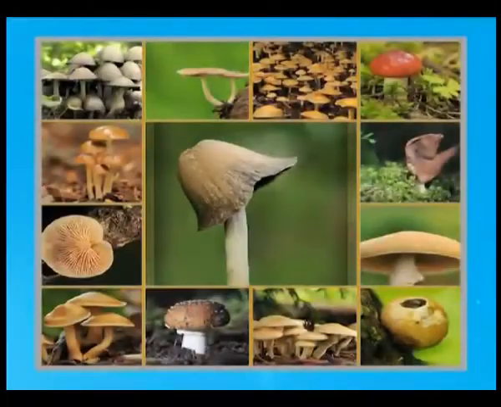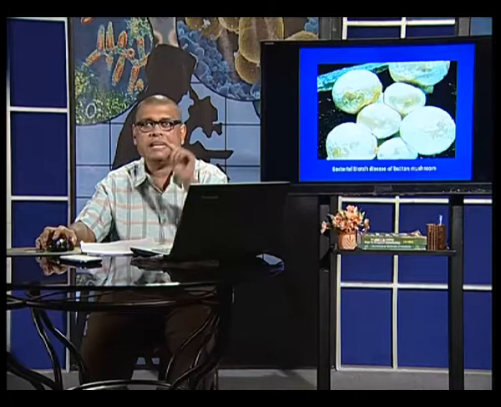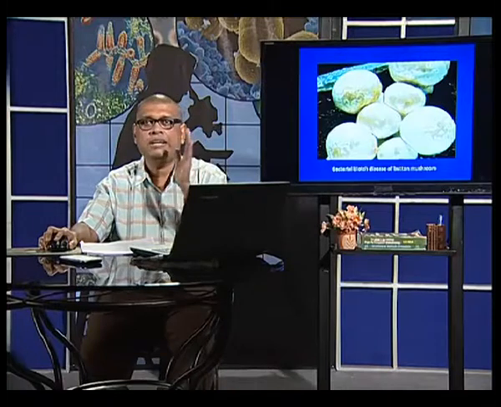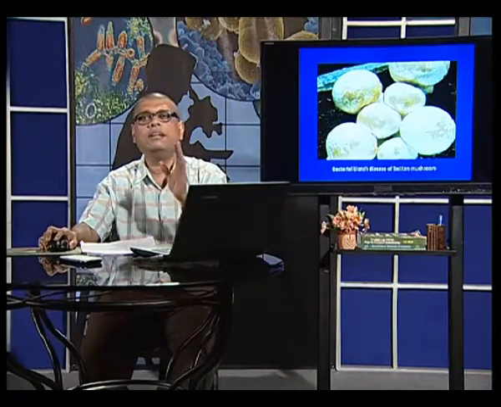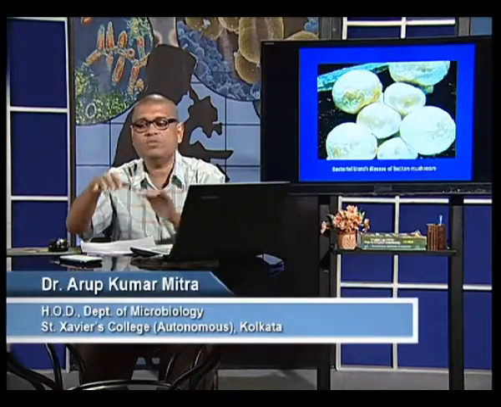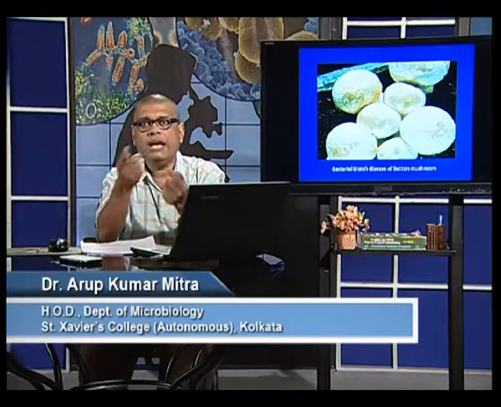So basically friends, what we have learnt is, there may be different types of mushrooms which can be collected from natural habitat, which can be cultivated artificially with different stages. We can keep a strict vigil on the cultivation. We can produce tons and tons of edible mushrooms, but we should be definite that this particular mushroom is without any contamination of bacteria, or it doesn't contain any toxin, or it doesn't contain any heavy metal. Why heavy metal? Because mushrooms are growing on the soil, mushrooms are growing on a substrate where if the metal is present, then the metal will be taken up by the mushroom, and in this way it will come to